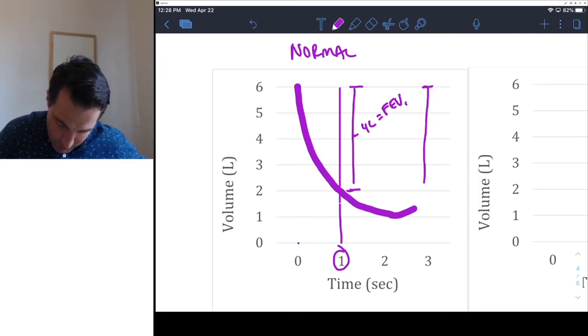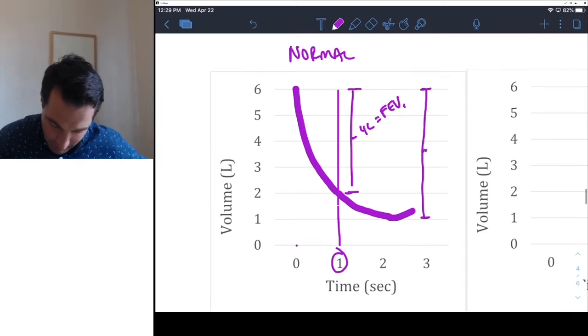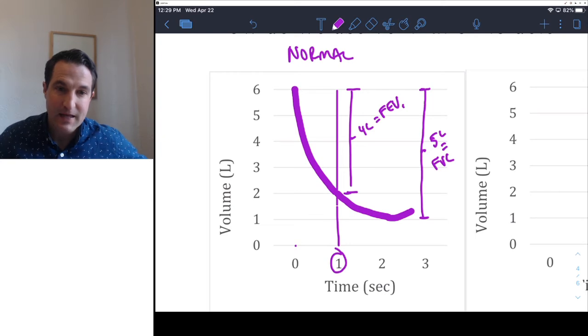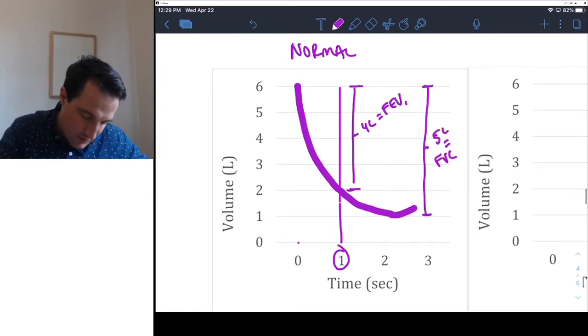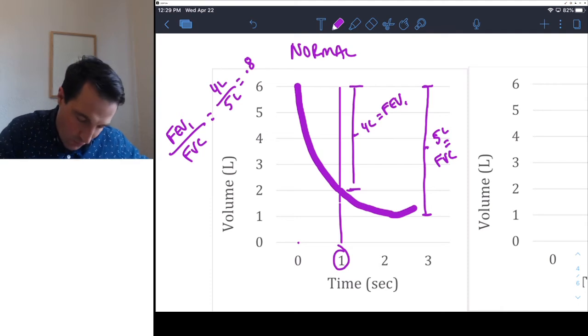Well, if we wanted to look at our FVC, we would take this, we start the same. Remember, that's the total volume that's expired, okay? And we go down to 1. So we start at 6, we go down to 1, so that's a total of 5 liters. 5 liters equals FVC. Now, if we do the ratio of those, FEV1 over FVC, that's going to equal 4 liters over 5 liters. That ratio is 0.8, or